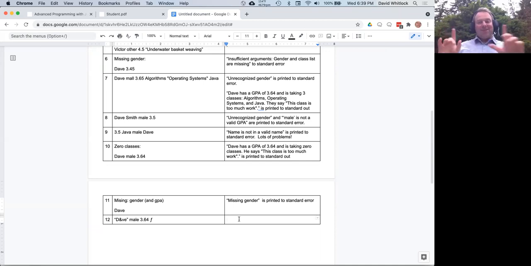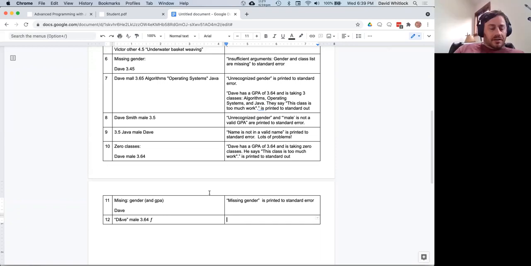We're not parsing it again, luckily, but I like where we're going with this. If you allow certain inputs, you've got to make sure that everything in your program can allow that. It seems like the program would allow this. It's just the output would look like nonsense. So it would say Dave,